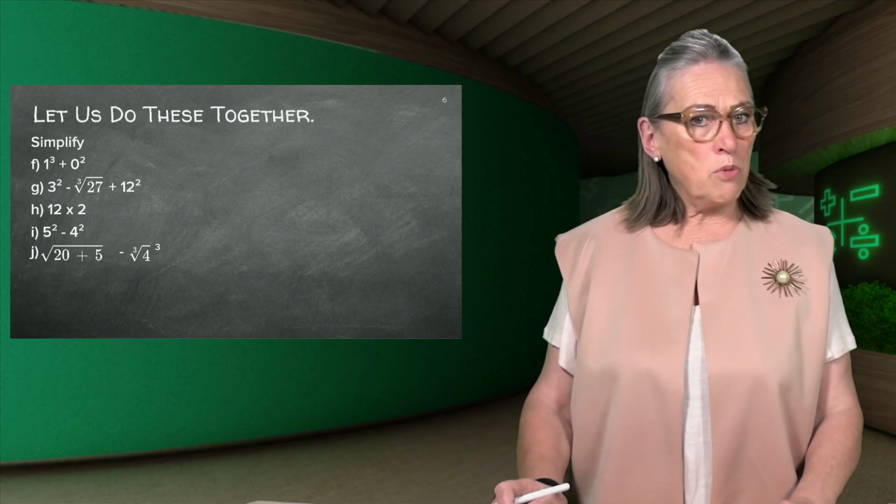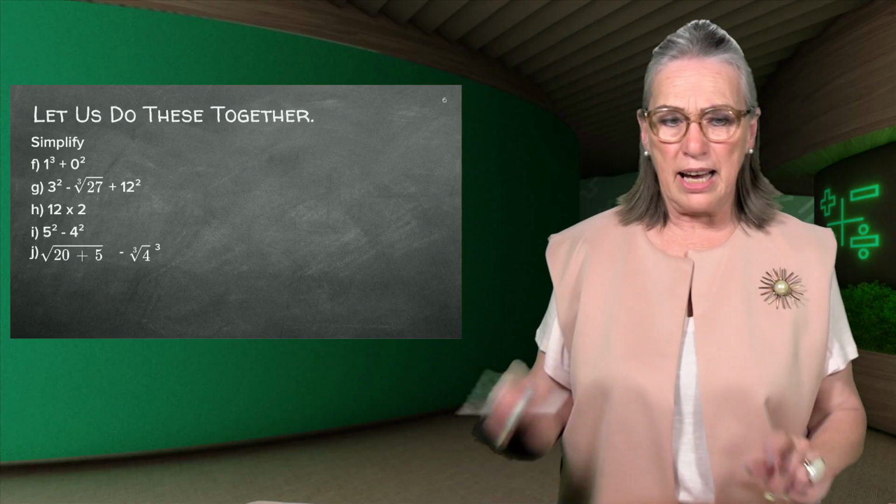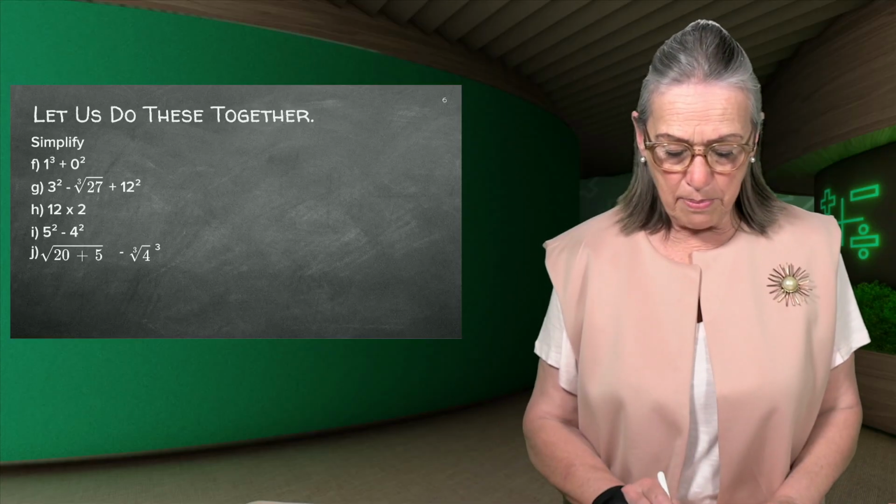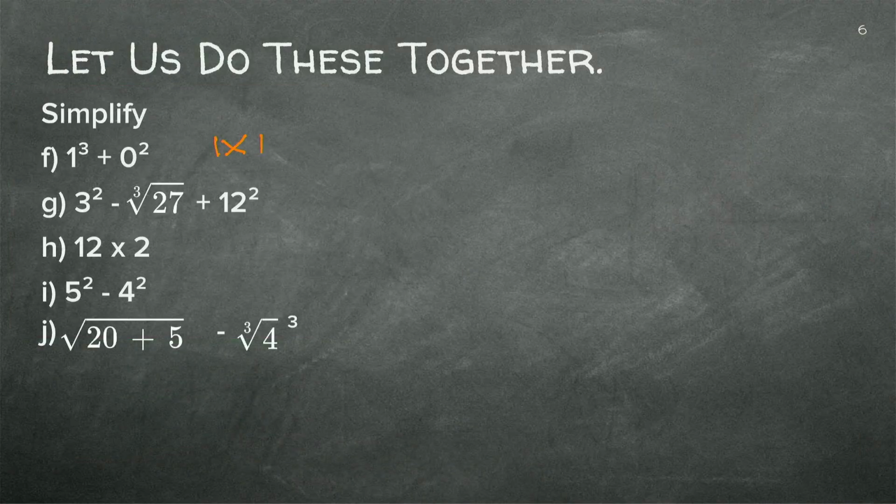Now there we've got our ones and our zeros again. Ooh, they love to add that in. So they ask us to simplify that. So 1 to the power of 3, we know it's 1 times 1 times 1, plus 0 to the power of 2. So what is 0 to the power of 2? Yes, it is 0. 0 to the power of anything is 0. No matter how many times or how big, 0 to the power of anything remains 0.